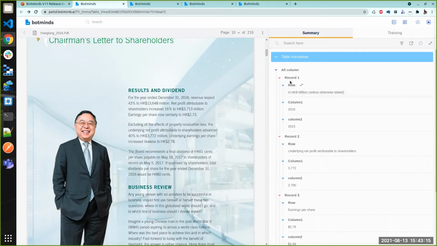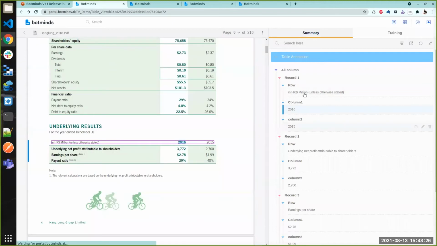If you see here, let's say you want to identify the unit in which the amount is mentioned. Here it's million, and the right year. I'll quickly show you. This is another feature: clicking on the value takes you to the right page. You will be able to see where the information has been extracted from. Here is the description of the data point, the unit, the corresponding year, and the corresponding values. So if you take this